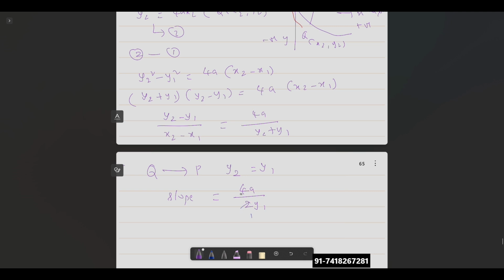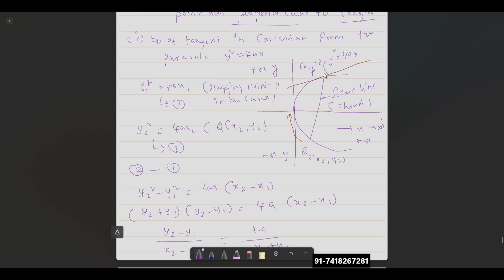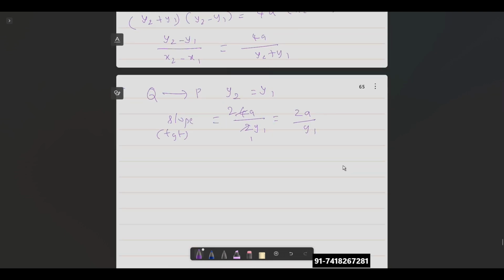So 2 ones are 1, 2 2s are. So 2a by y1 is your slope of tangent. Because q becomes p means only one point, that is nothing but this tangent. The slope of tangent is 2a by y1. So from analytical geometry, recall